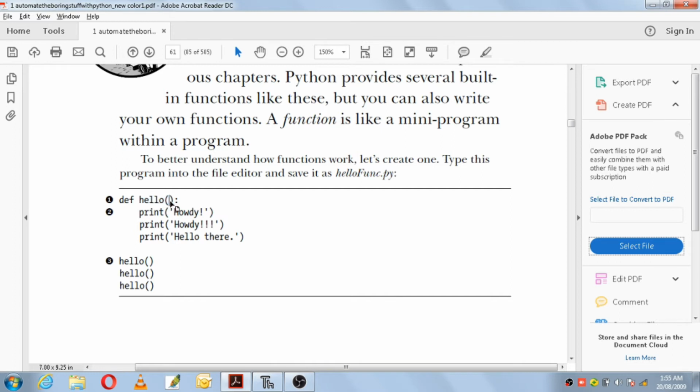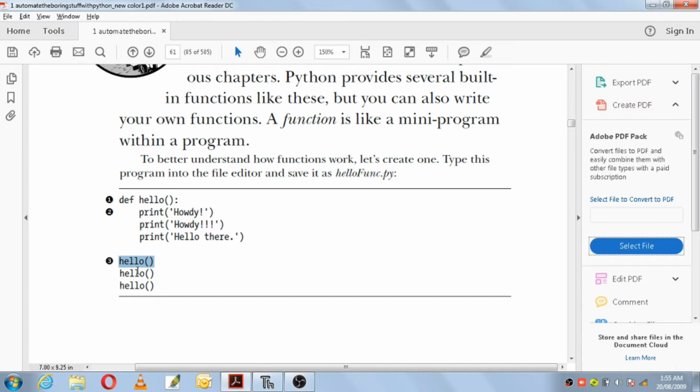The function name is usually a name followed by a pair of parentheses, then you end it with a colon. Then whatever you write below that function is known as the function clause. It belongs to that function's code, and if you want to come out of the function, you have to leave that space. This will be printed only when you call that function, not when you define that function. If you want these lines to be printed, it will be printed only when you call that function, and this is called the function call. A function call is nothing but the function name followed by the pair of parentheses. So this part is known as the function definition, and this is known as the function call.